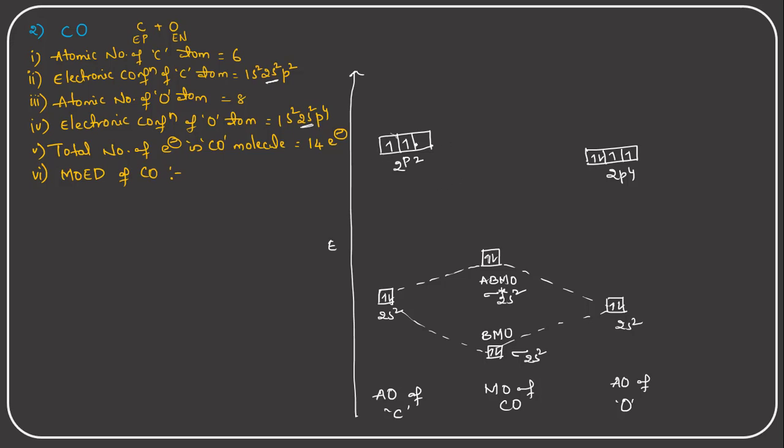And this px orbital is merged with the px orbital, forming a sigma bond. Okay, sigma bond. That is because of merging of the 2px orbital, and then the 2py orbital merges with the other 2py orbital of oxygen, which will give a pi bond. It is a result of merging of 2py, and the pi bond results from the merging of 2pz. Both have equivalent energy levels and these two are the bonding molecular orbitals, and anti-bonding molecular orbitals are